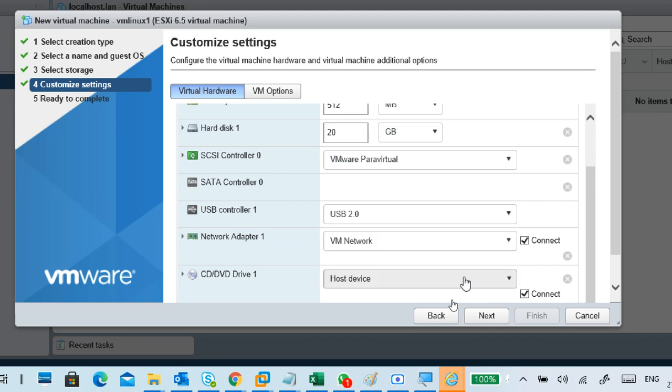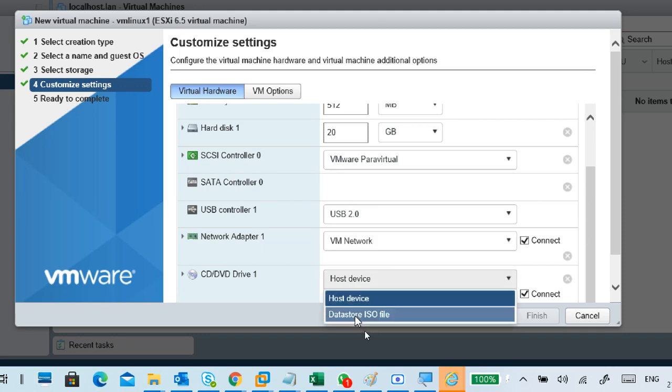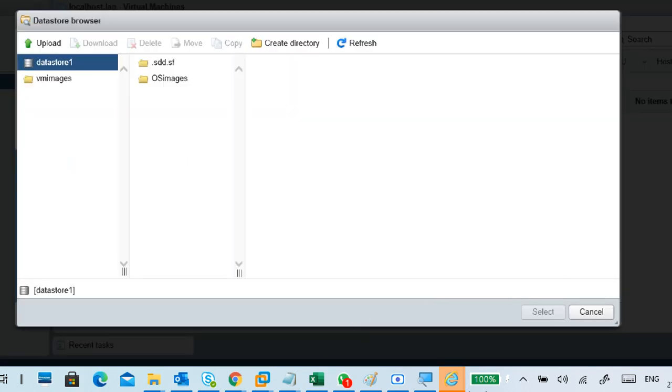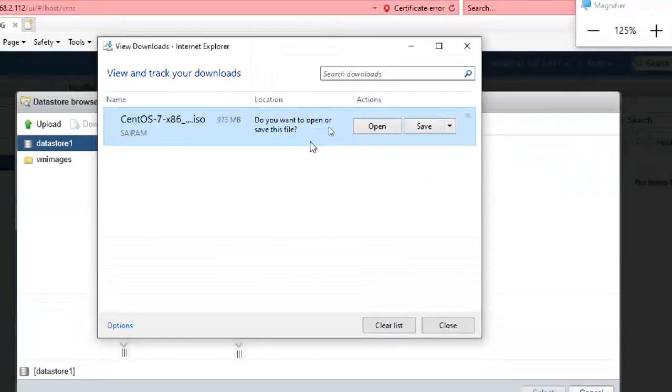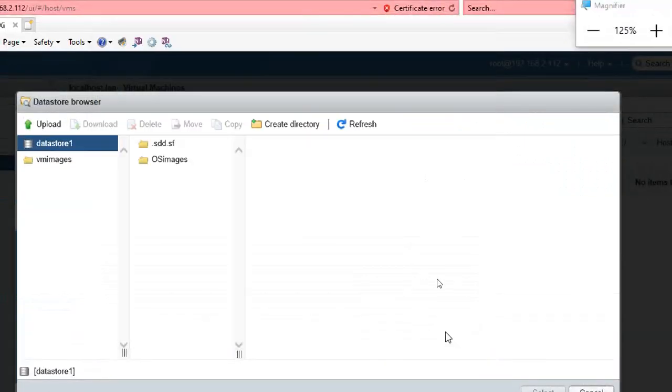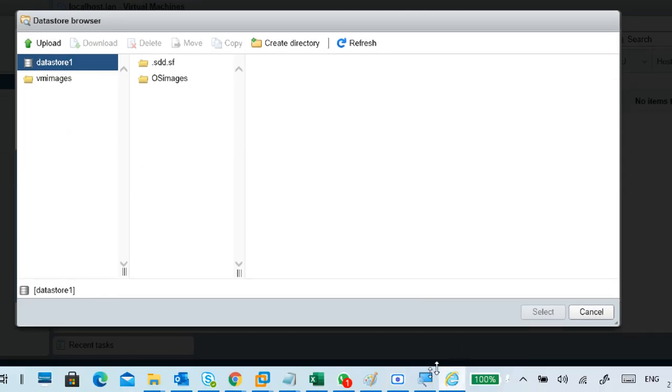So we have to select the datastore ISO image. Why am I getting it like this? Close. And this is the storage.